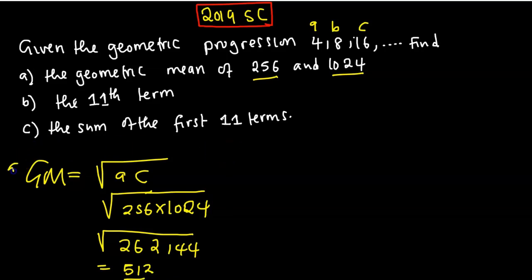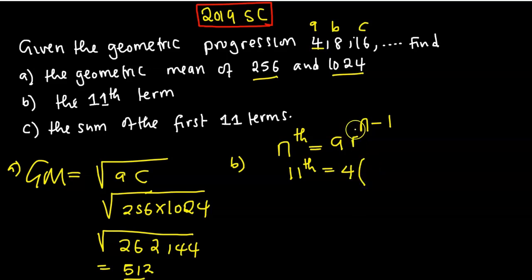This is our A. Then for B, the 11th term. How do you find the 11th term? So we're going to use the formula for the nth term. So the nth term is equal to what? The first term multiplied by the common ratio to the power of the term number minus 1. So we are looking at the 11th term equal to what? The first term here is 4,